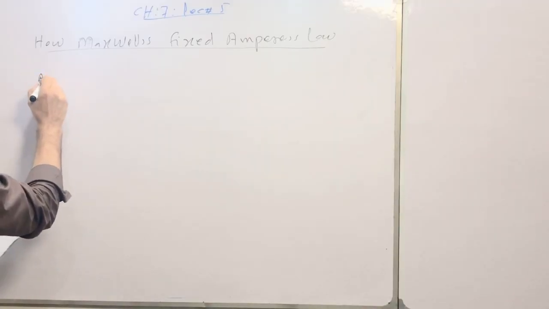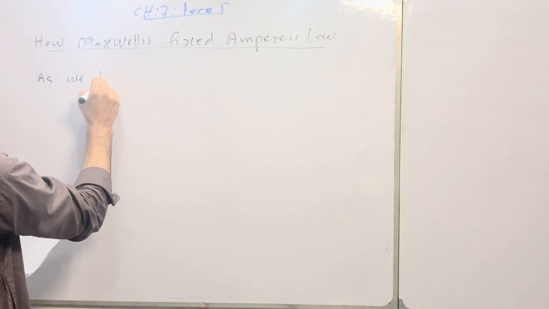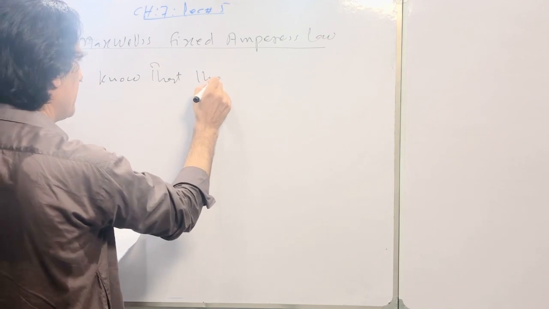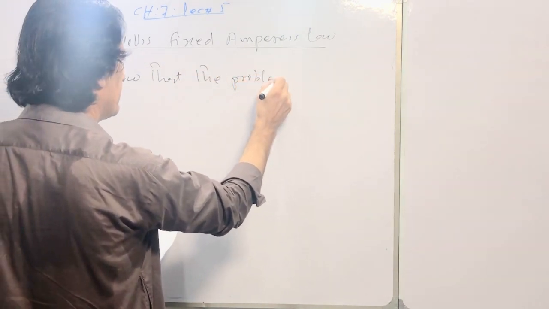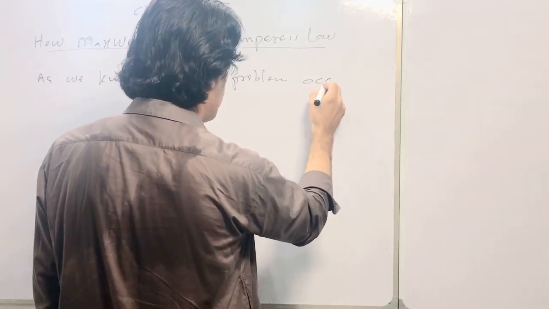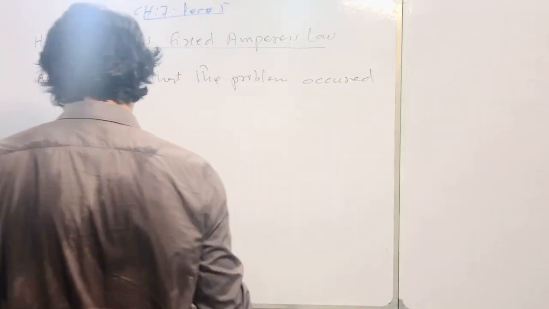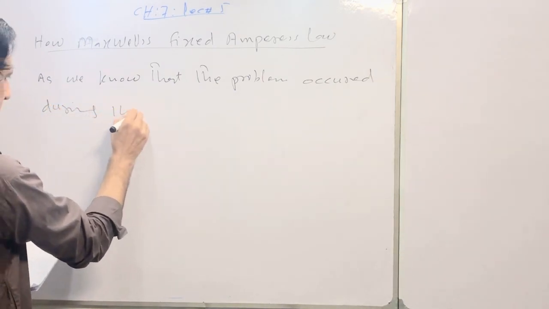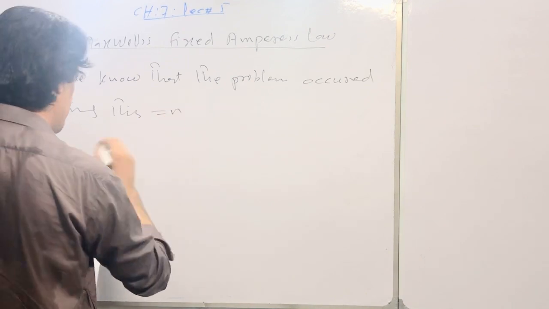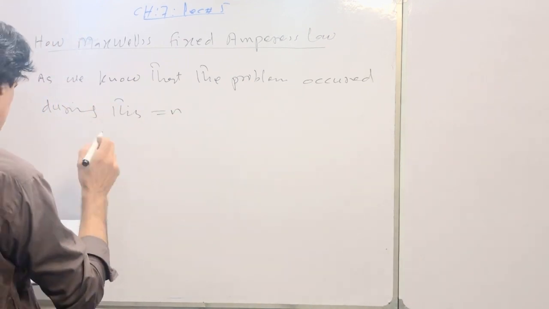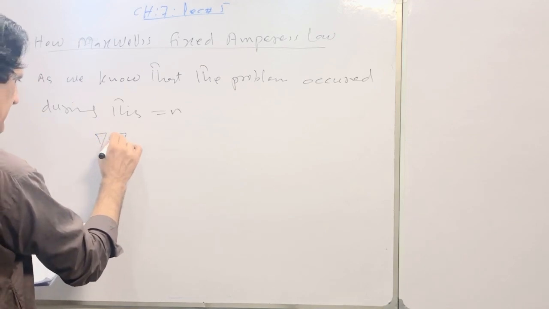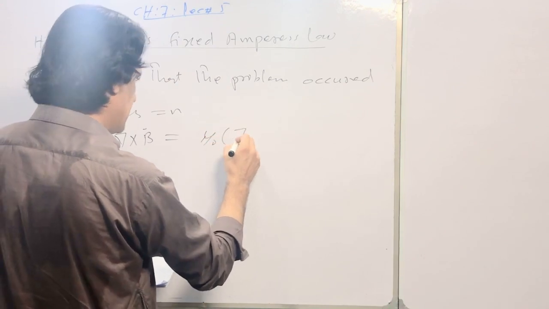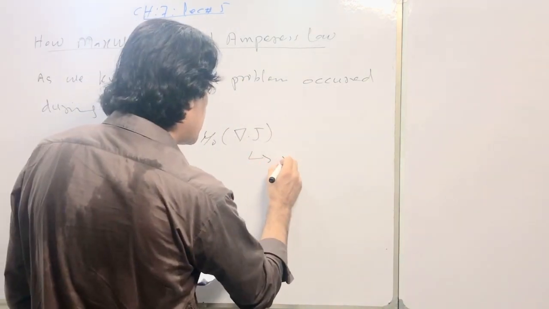As we know, the problem occurred during this equation number 4. In the previous lectures I have presented del dot del cross B, which is equal to mu naught del dot J. Not true